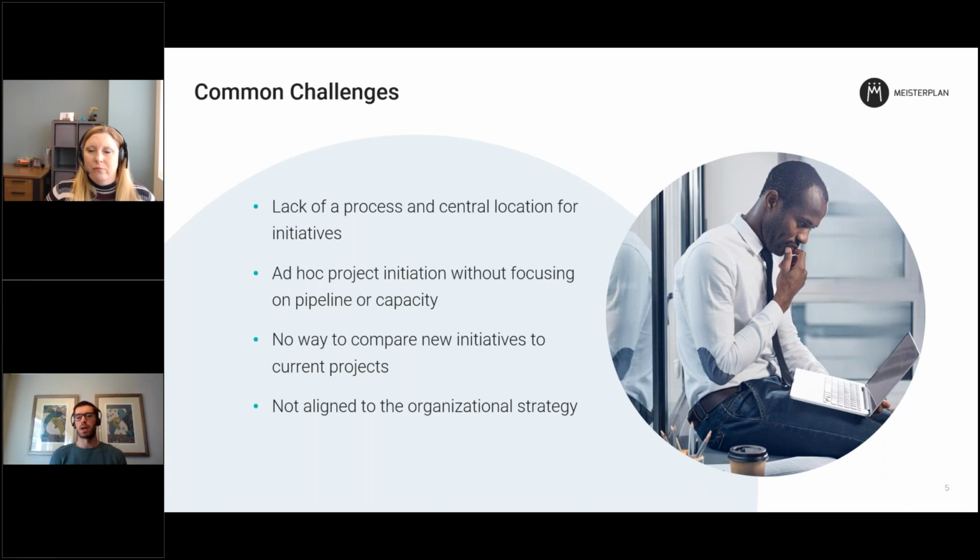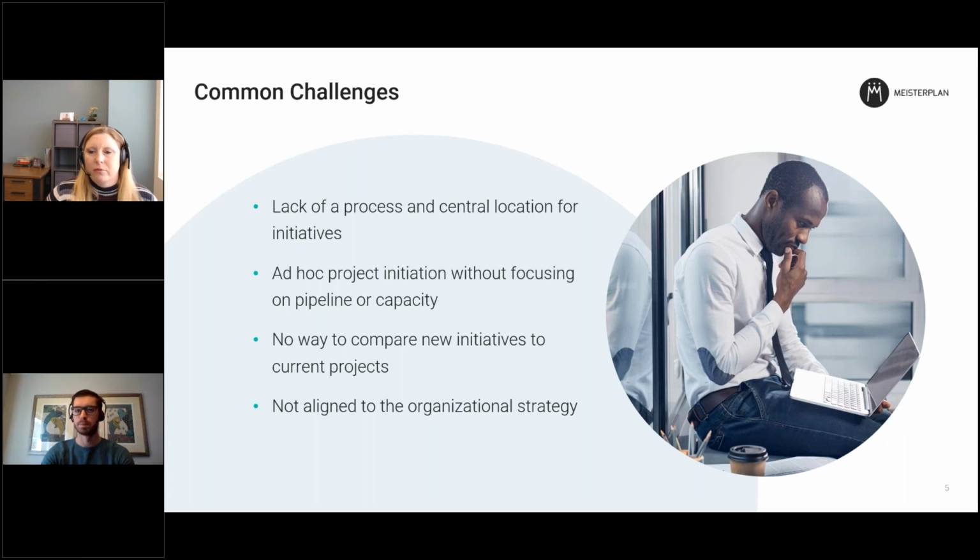So the last common challenge I'd like to highlight is the misalignment to overall organizational strategy. In most organizations, the person who comes up with a project idea and assigns strategic objectives during the intake process is not necessarily the same person who defined the overall organizational strategy. However, for both small and large organizations, it is very important to consider the impact of the perceived value of the person who submits a project. If the organizational strategy is not clearly defined, communicated, and bought into, it will result rapidly in a misalignment of